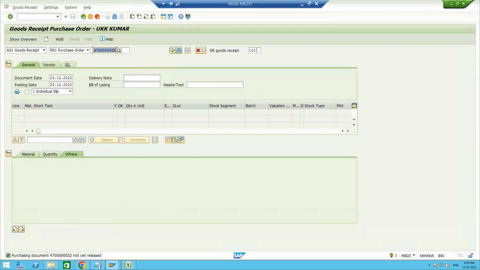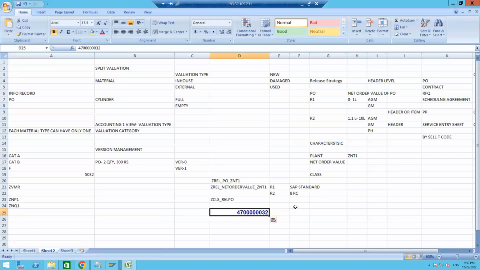So to release the PO, the T code is release PO. The T code is ME29N and the second is ME28. There are two T codes for releasing a PO. Why are there two T codes? So if you have multiple POs,